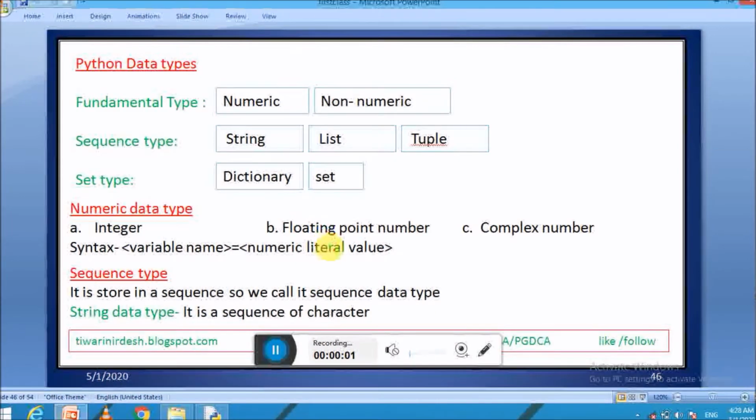Hello student, in this video I will introduce some data types inside Python. In the Python programming language, there are different types of data types used, but they are mainly categorized into different